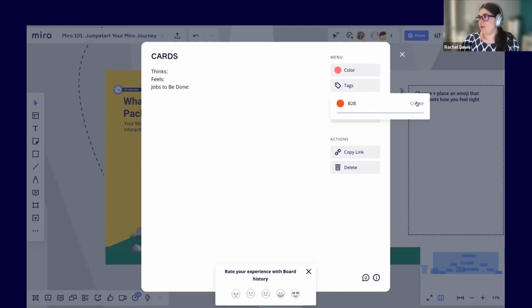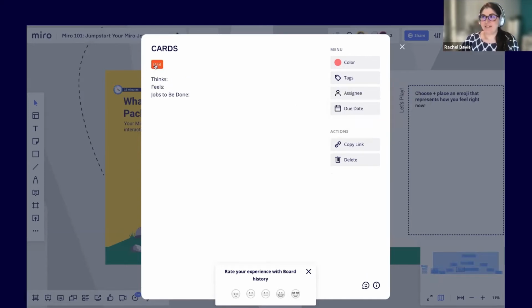I can actually create a B2B tag and it'll tag that card. I know I'm going through things really fast here. We're recording this, so don't worry about that, and ask any questions that you need along the way. You could also assign people and do due dates here. So you can actually have your own little Kanban board on your Miro board if you wanted to use these cards as if they were Kanban cards.